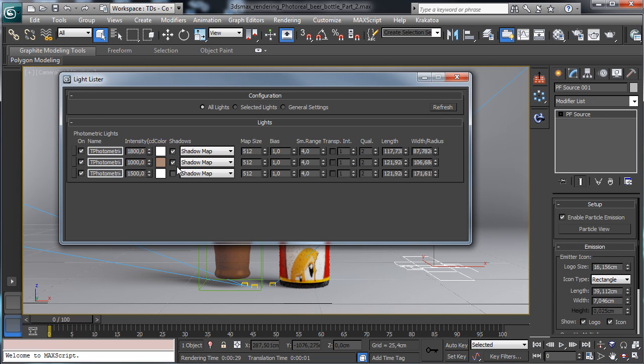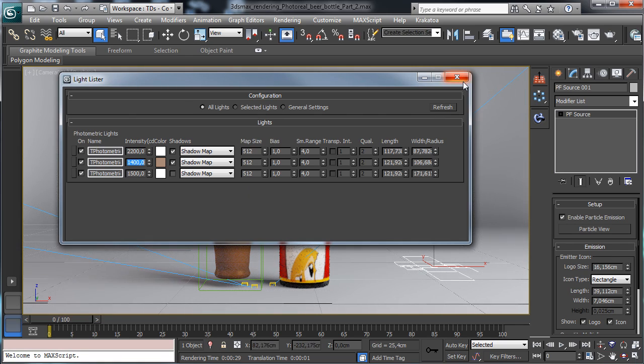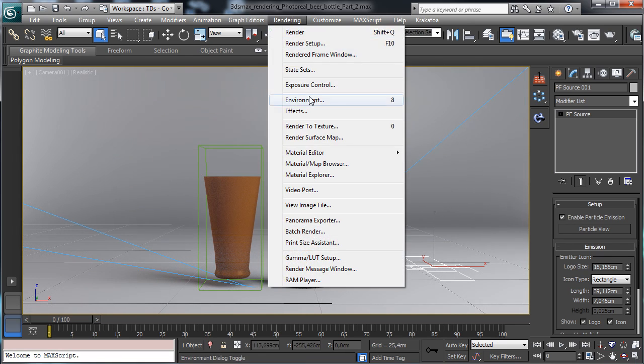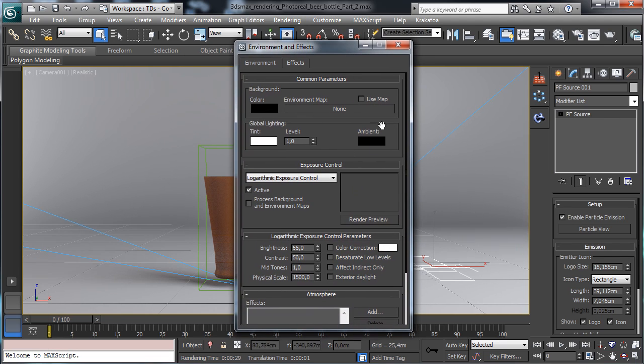and the first one I like to, let's see, this one will be something like that, and this one will be something like that. See if we have an environment. Actually we have no environment, but I like to have an environment there,